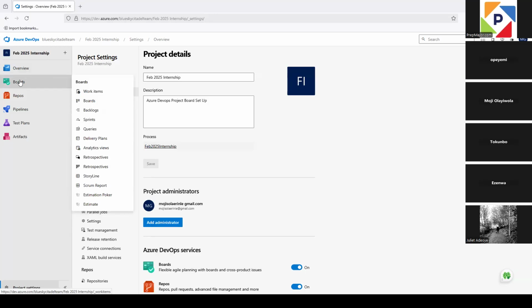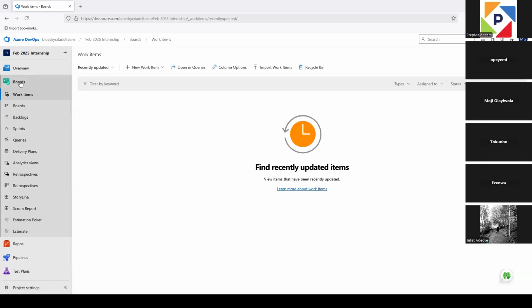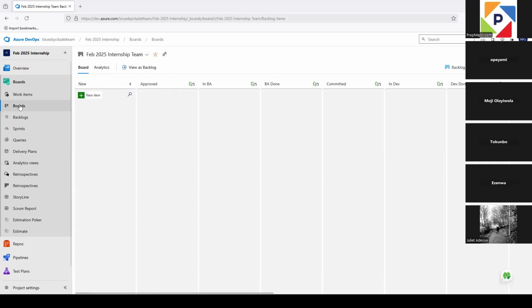So once you click on this, it brings all the things that are under the board down. So you have a green square there showing boards, and then you have another smaller board here, showing a bit of tiny circles and all that, and that's the one we want to go into. So if I click on this board here, you can see the different boards,